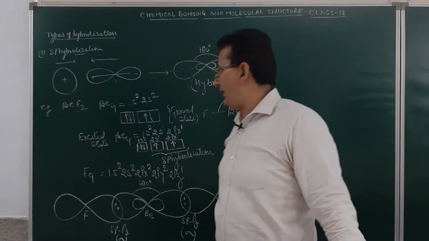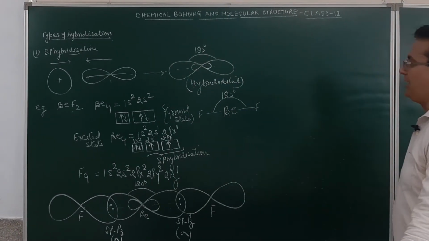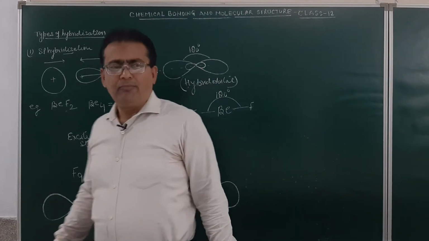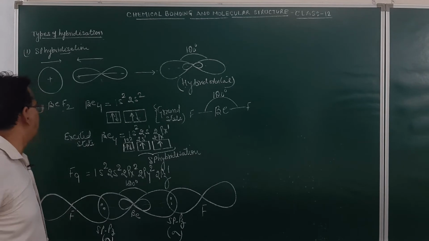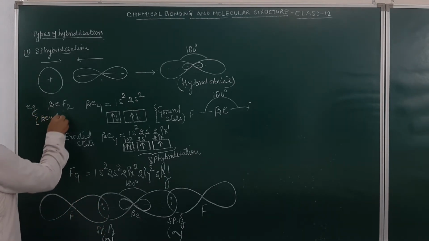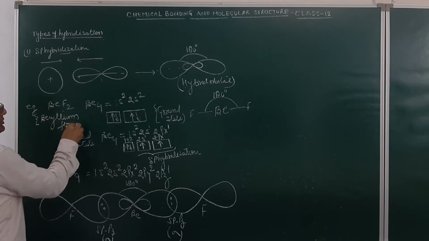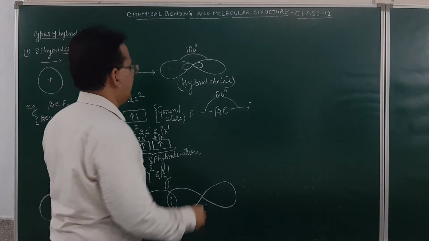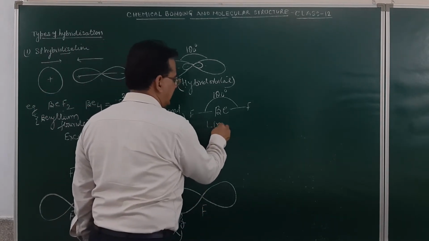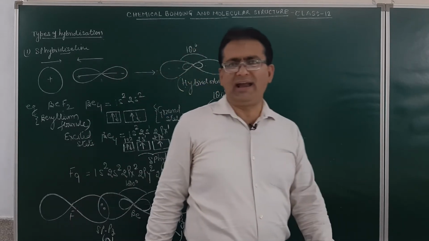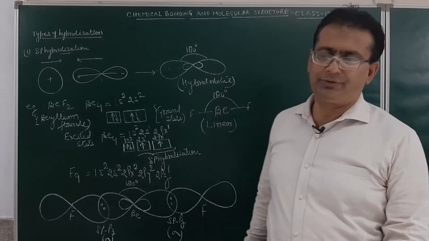What type of hybridization is this? It is sp type of hybridization. And this is how the molecule of beryllium fluoride will be formed. So what molecule is formed over here? This is beryllium fluoride. Am I clear over here, student? And what type of hybridization is this? sp. Here, the geometry of the molecule will be a linear geometry. This is how the sp hybridization takes place.